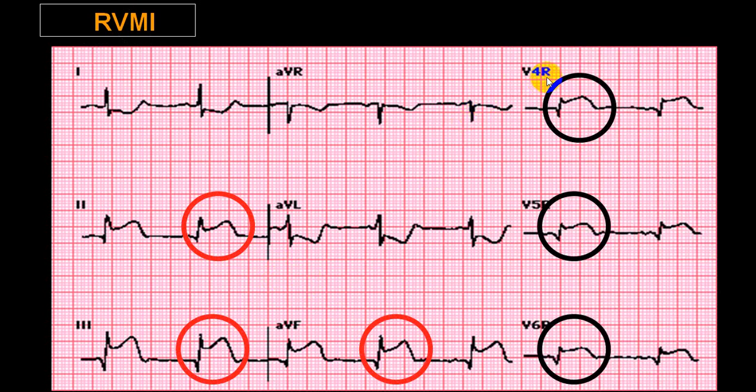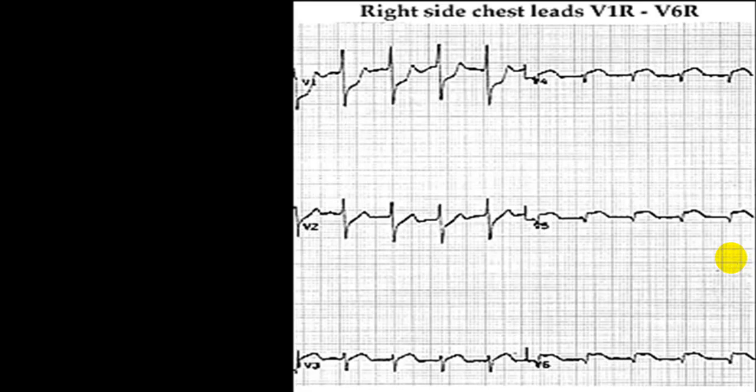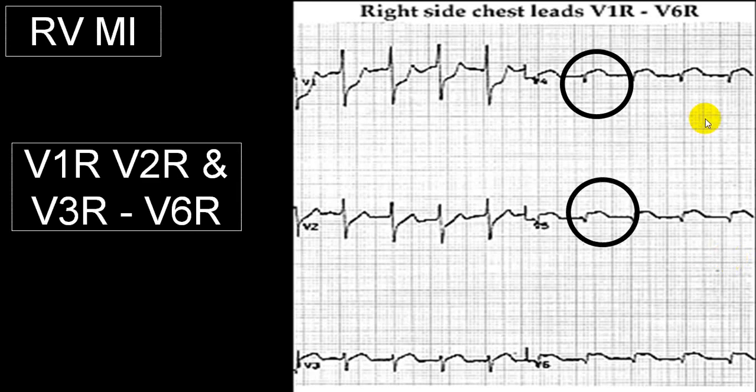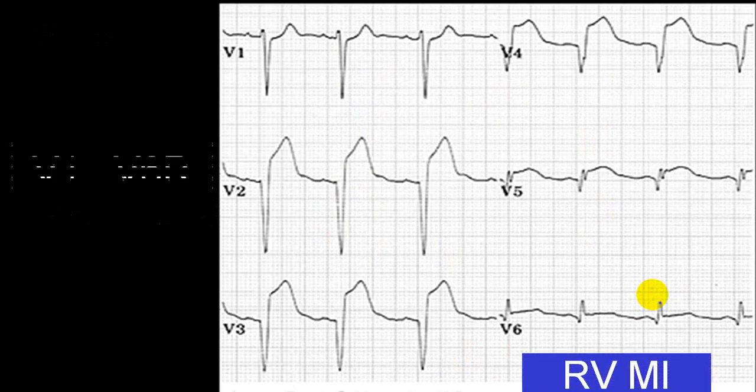And now you can see that in V4R, V5R, V6R, ST segment elevation. Same thing seen here. Right side chest leads, V1 to V6R. So this V1, V2 is interchanged; right from V3 onwards you got an ST elevation. This is ideally V2, this is V1. But when you make it right side chest leads, you are looking at ST segment depression in V1, V2, and you got an ST elevation in V3, V4, V5, V6. That will be very peculiar in RVMI. So enough regarding RVMI.